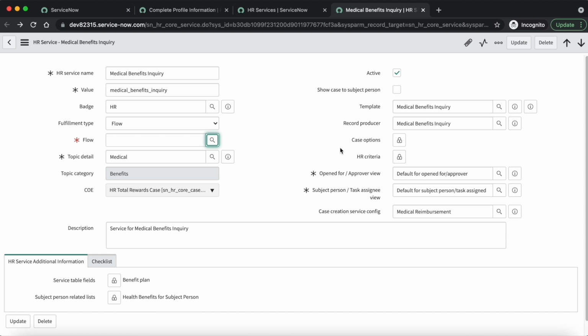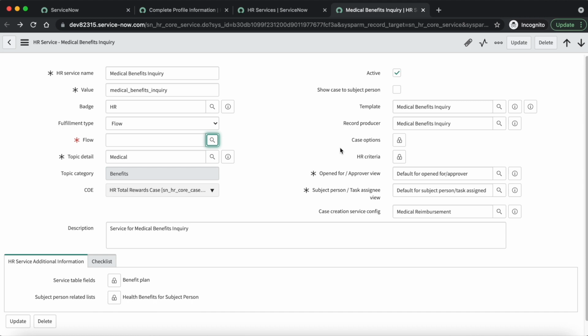Now we have a case option field. Often we have the same kind of requirements to be configured for multiple HR services. In this situation, we can go for case options instead of doing the same thing multiple times. Let's consider an example. For multiple HR services, you want some documents to be attached when an HR case gets created.